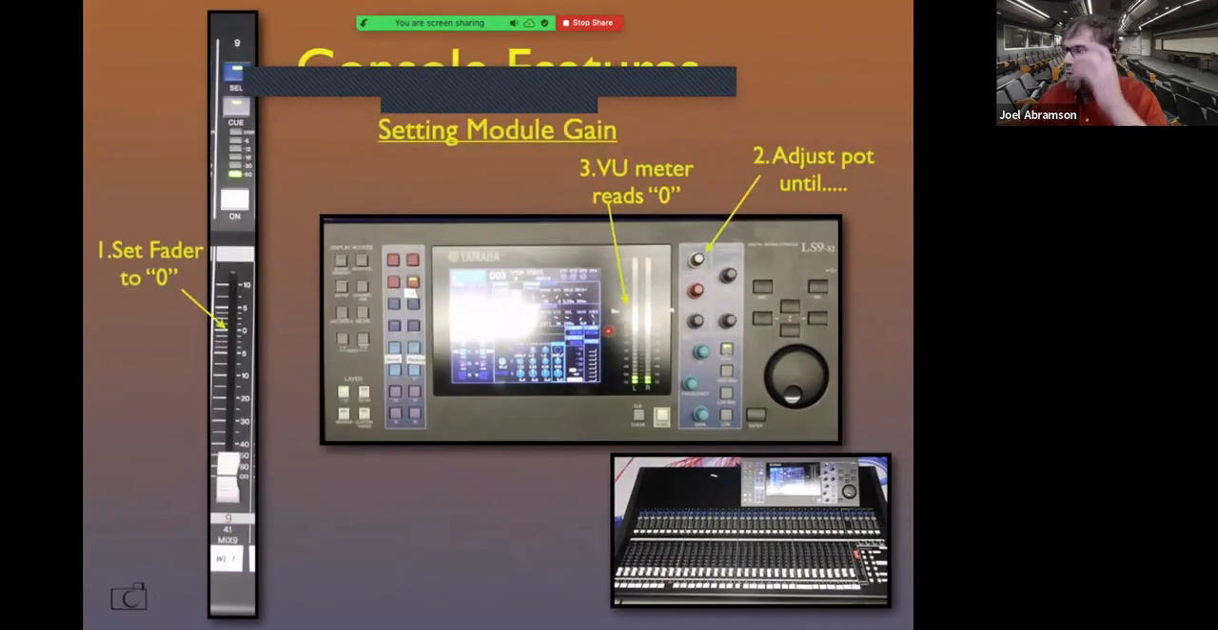Well, let's see. If we set this fader at 0, and then we hit the beep, hit the tone, you want to get the VU meter tone to be right here where we've marked it on the board, right here, to unity gain. When that reads 0, well, how do we get it up to 0? Well, there's this